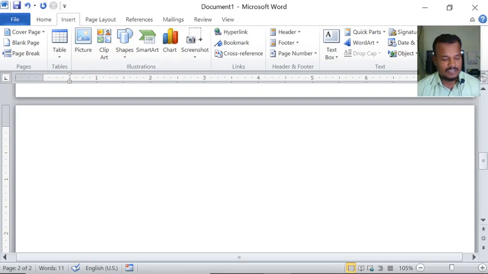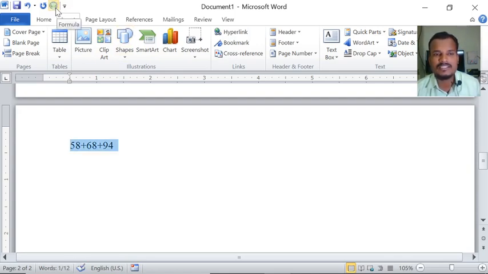Okay, right. Suppose 58 plus 68 plus 97. This calculation I want, for example. So in Microsoft Word, to do the calculations, just select this one. After that, click on calculate. The formula option is there now. Just click on this one and you observe here, here is the result. The result of the calculation is...